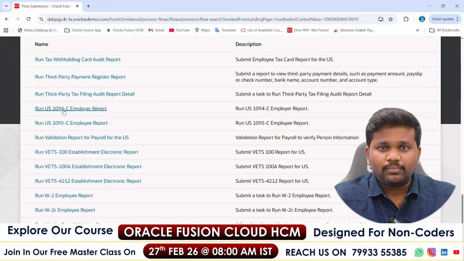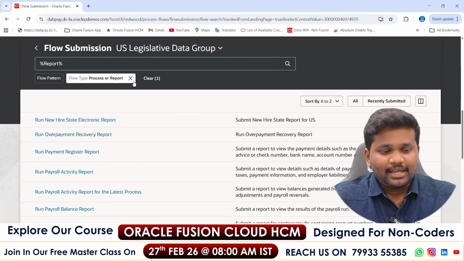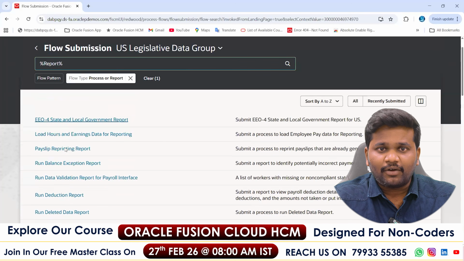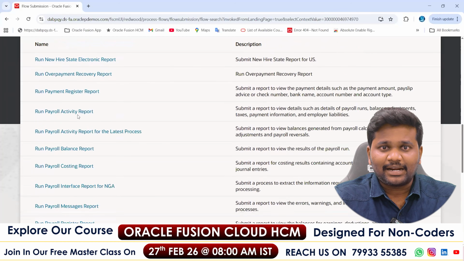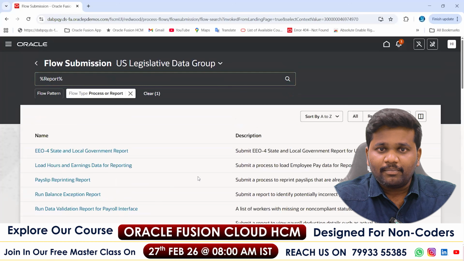These are related to tax components and all. For country to country, some reports will also differ here. So generally, if you come to the submit a flow and filter with the reports, you can see most of the reports of that particular module of that particular country. And if you see the description of that report here, you can understand what that report is